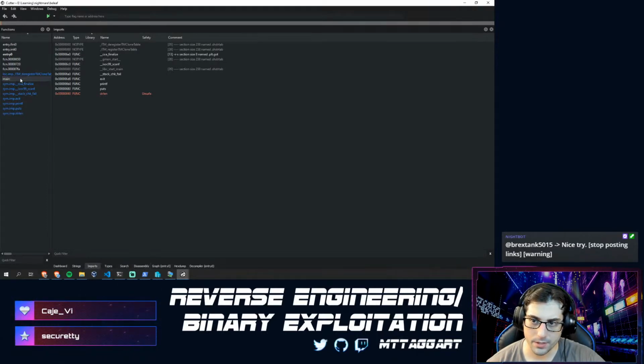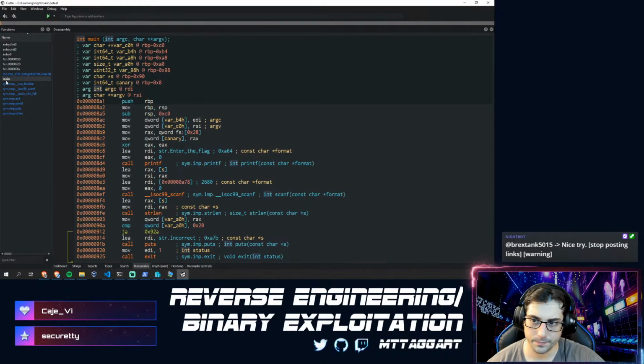But let's go to our disassembly. We'll look at our main function. So what do we have? We have some declared variables, which is interesting. Now, the way that Cutter or Radare2 pulls these is that it's looking at every time the